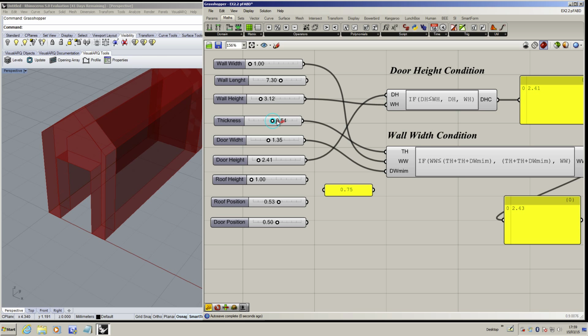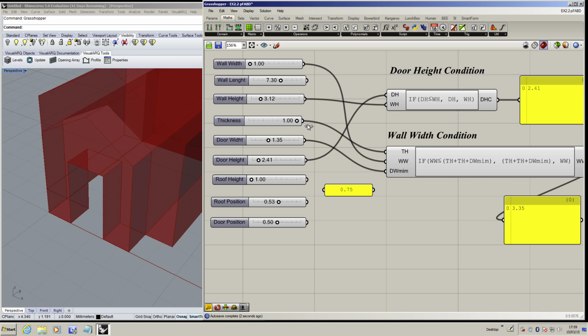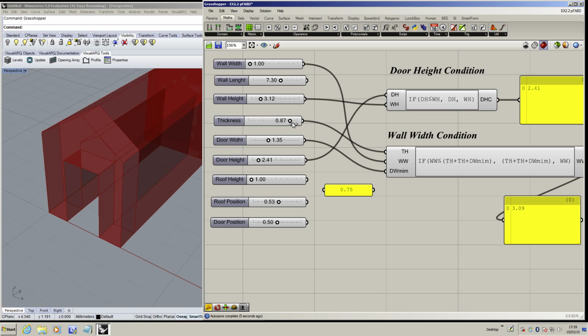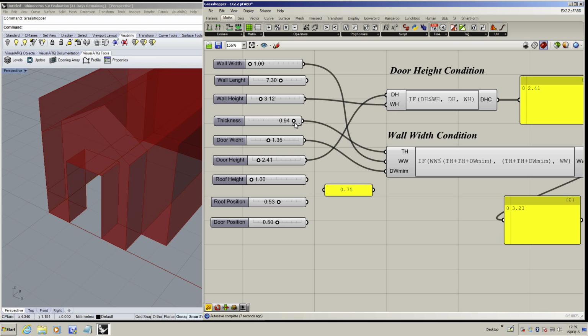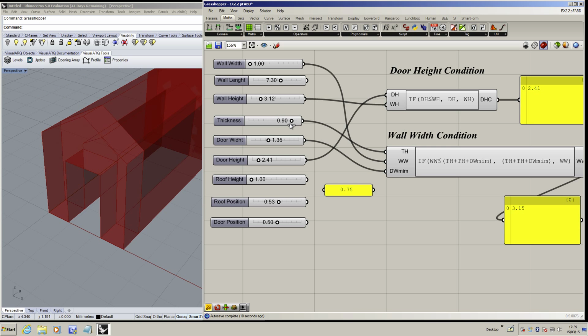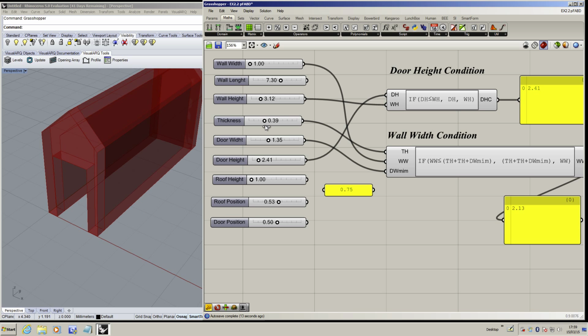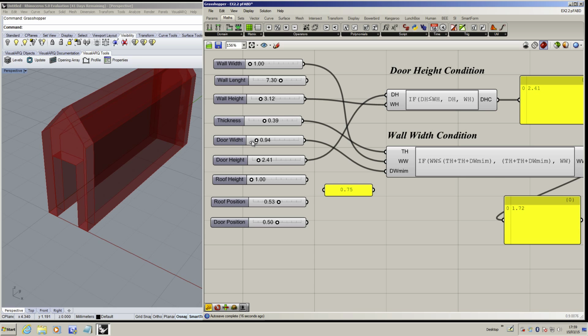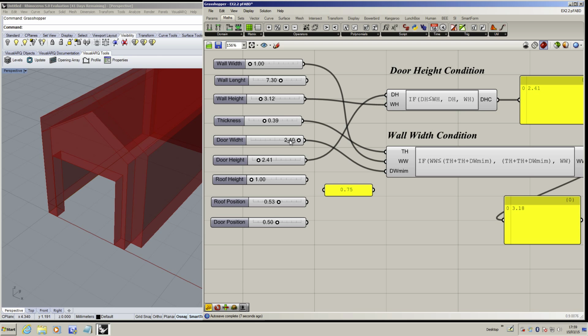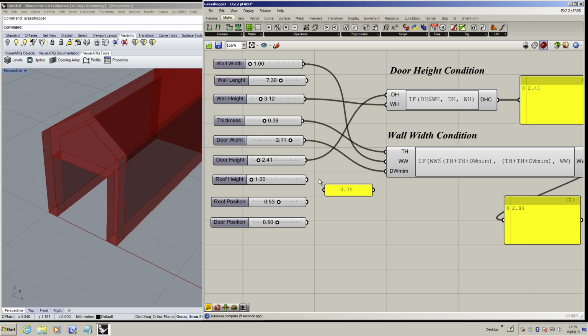Now let me change the thickness so the width is adapting. Now you can see that we are going to have some problems with an offset. That will be our last condition to solve. So this can be smaller, and also if my door width changes, it is always adapting. So I think for our model this could be a better condition than to establish a minimum here. So here we can delete this and we can consider all this,